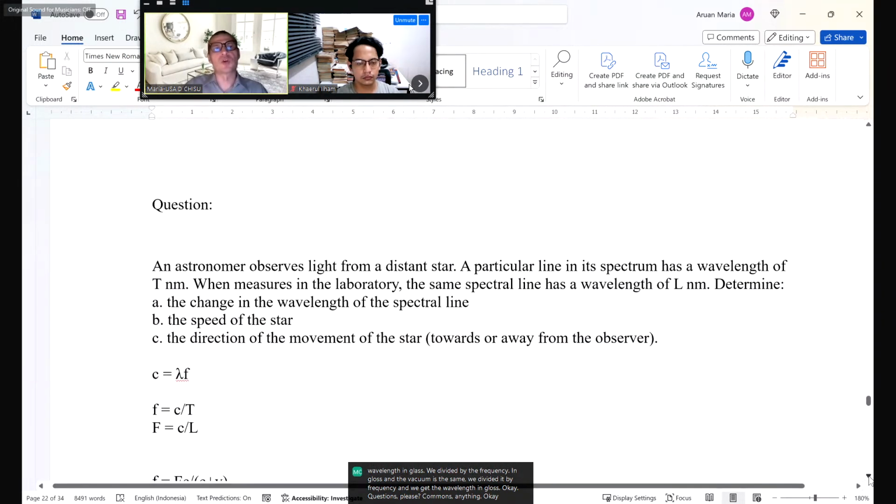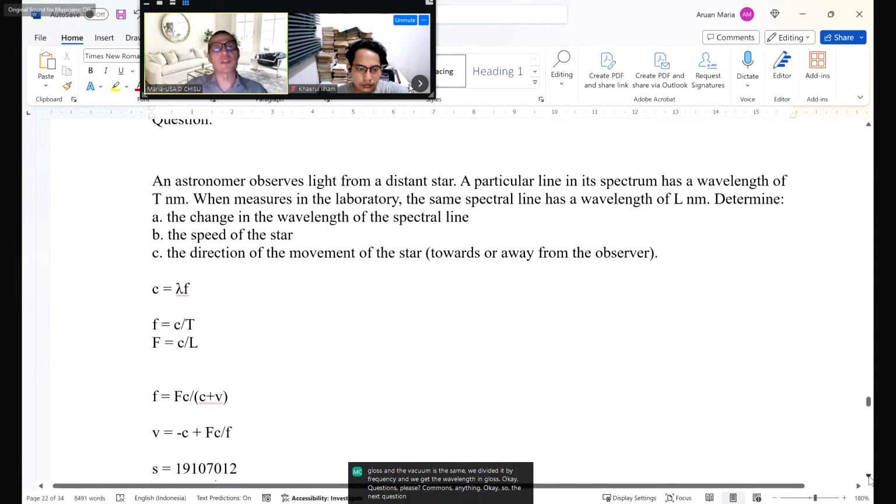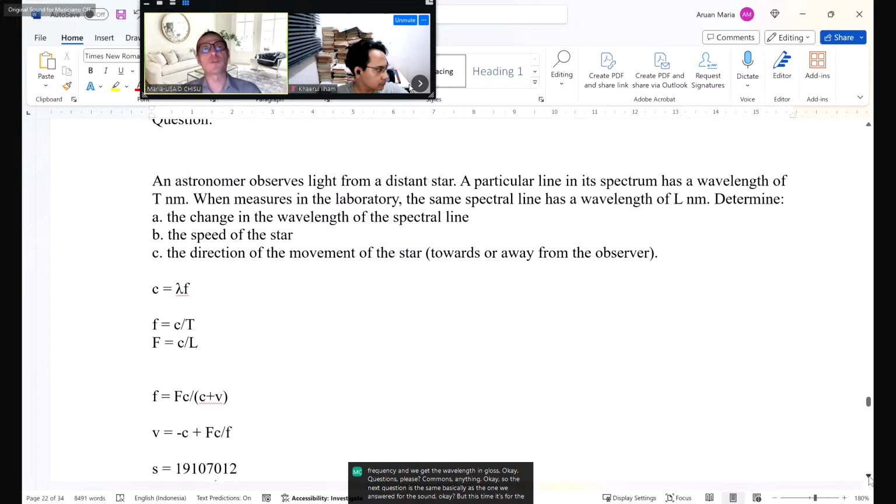Okay. So the next question is basically the same as the one we answered for the sound, but this time it's for the light. An astronomer observes light from a distant star. A particular line in its spectrum has a wavelength of t nanometers. When measured in the laboratory, the same spectral line has the wavelength of L nanometers. Determine the change in the wavelength, okay? Well, obviously, t minus L. The speed of the star,